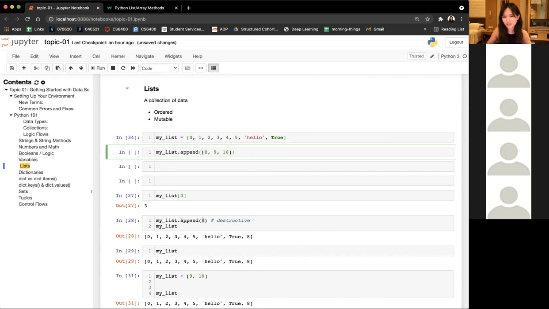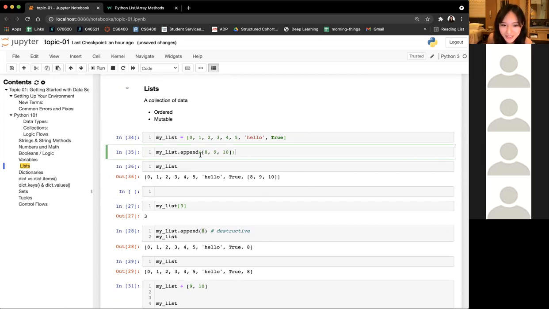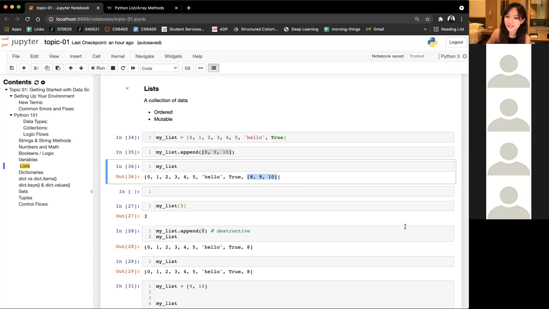So I do my list dot append 8, 9, 10, and I run it. Oops. Let me just do this again. So you see here what happened is it actually appended this entire mini list as a single element to the end of the list. So if you ever wanted to do multiple things to the end of the list and have it continue the long list rather than adding a list inside of a list,